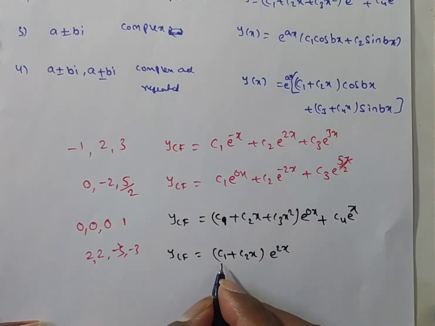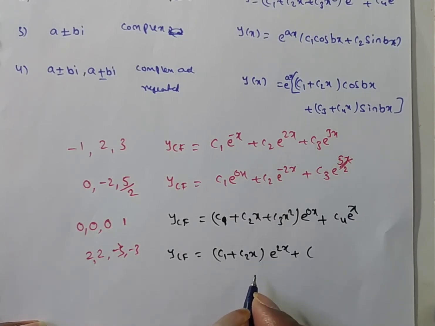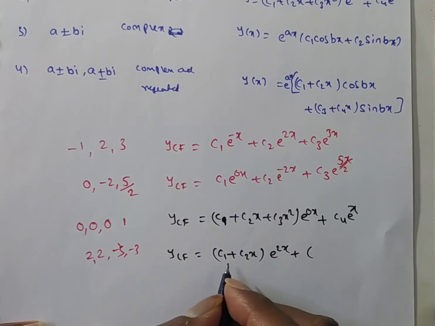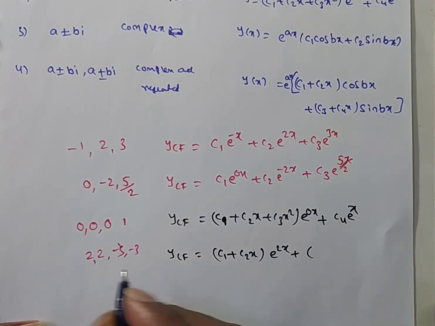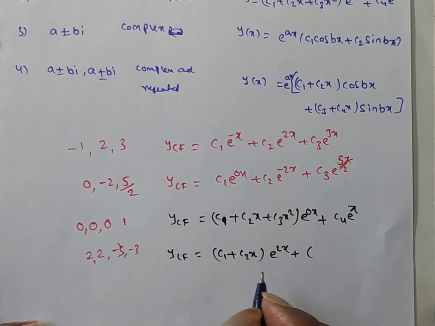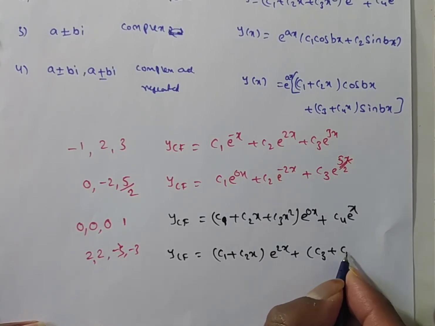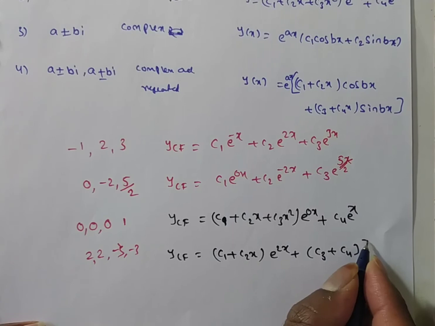So next, what you have to write means you have to write same, like c1 + c2x form only. But already c1, c2 are existing. So you write down another 2 arbitrary constants, because how many roots are there? 4 roots. So you will get 4 arbitrary constants. So c1, c2 completed. Now I am considering c3. So (c3 + c4x) into e to the power of minus 3x.